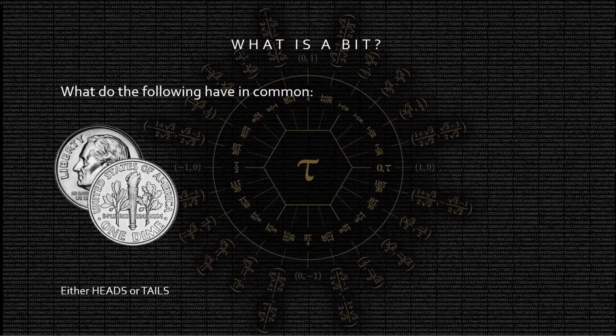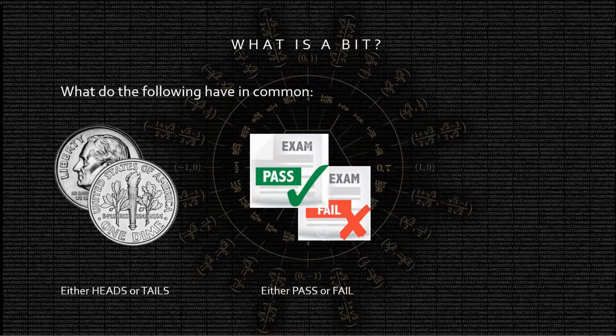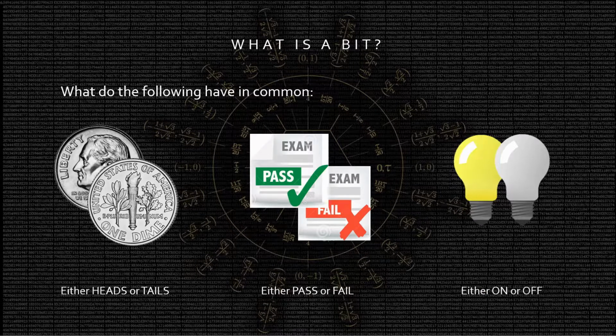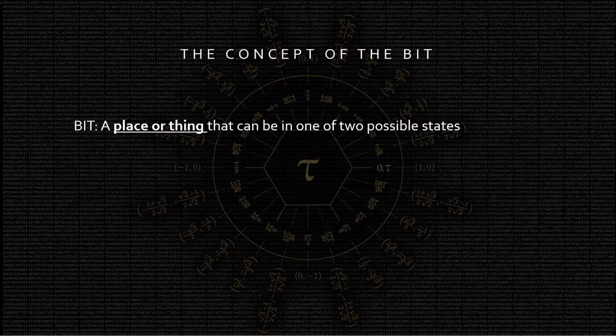When you flip a coin, it's going to land either on heads or on tails. When you get back an exam, your grade is either a passing one or a failing one. The light in your room could be either on or off. So what's the commonality between all these things? The common thing between them is that there are places or things that can be in either one of two possible states. And that is the definition of a bit, a place or thing that can be in one